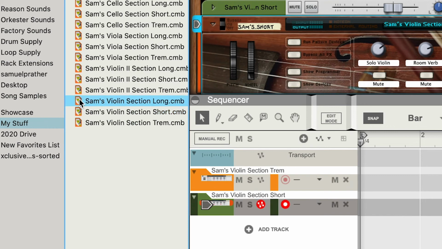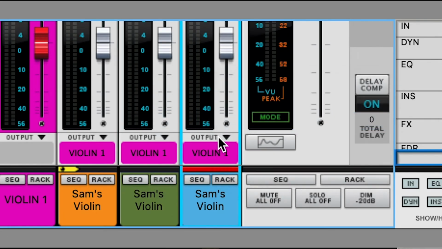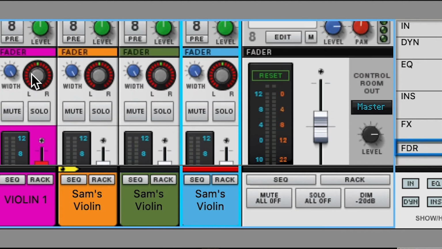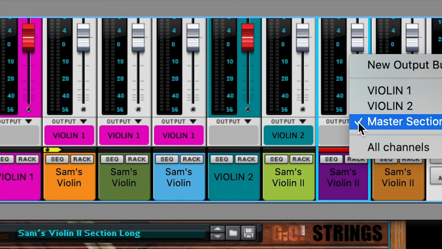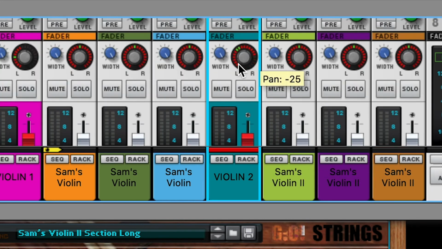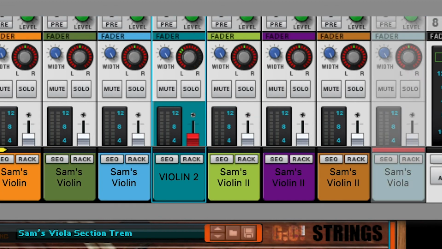So just to show you what I mean, if I want the violins, I need to send all my violins to violin 1, put that at roughly 60, take all these, send them to a new output bus, all right, my second violins are going to sit not quite as far